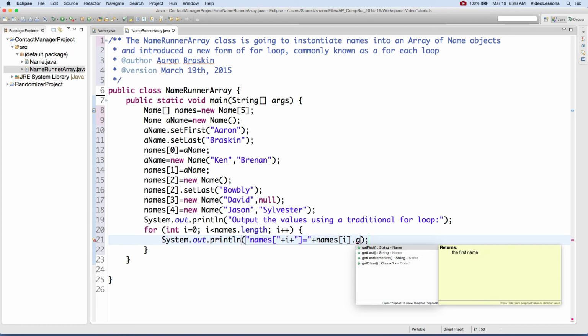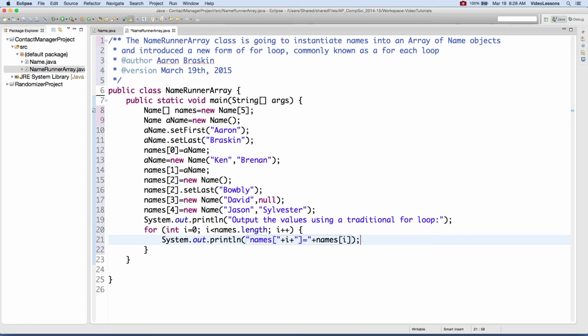I want the name in first space last format. Well, do I need to say toString? Since this object is being combined with a string, it will be expanded into a string automatically using the toString method. So let's go ahead and run our code here